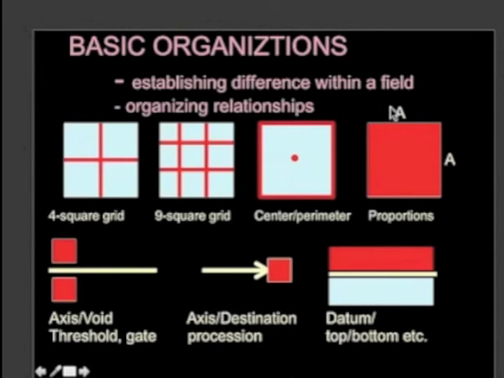Proportion. I have the letter A here and the letter A here. Sometimes when we're studying proportion, it's kind of silly to measure the thing and say this is 1.35 inches, and the other dimension is also 1.35 inches. We just might find relationships and say this is the same as this. This is A. And if I was looking at this and I called this short dimension of the 4-square grid A, what would I call the long dimension of the 4-square grid?